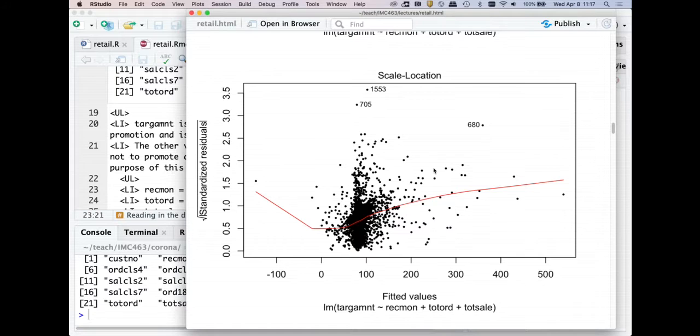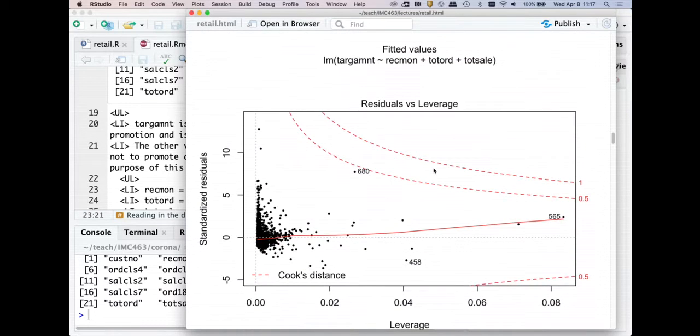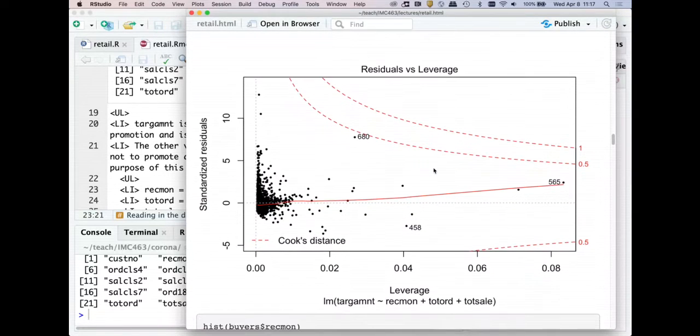We're not doing a good job with this data set. The last diagnostic plot that R provides you with is called the leverage plot. I'm going to make a separate video on standardized residuals and leverage, but what you want to look for here